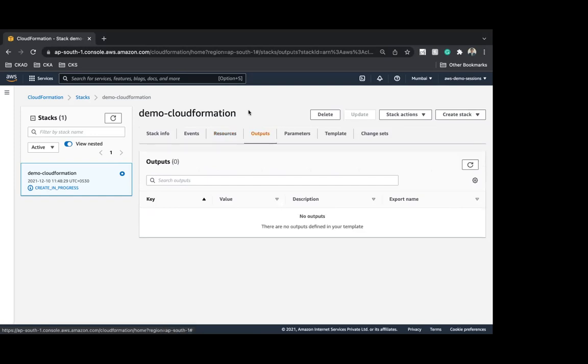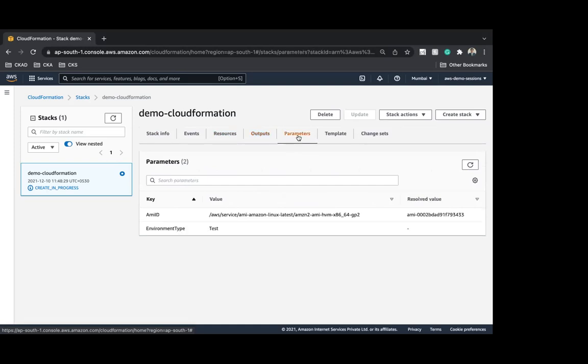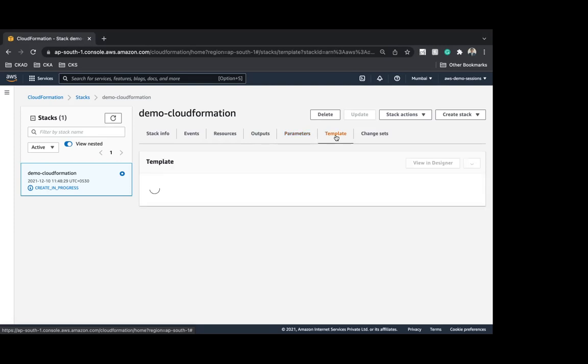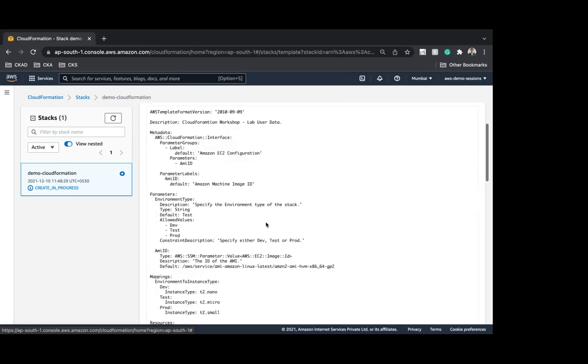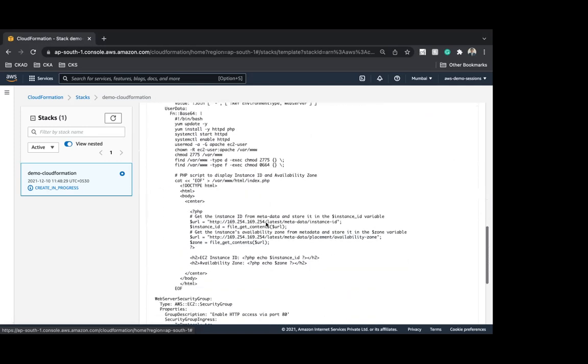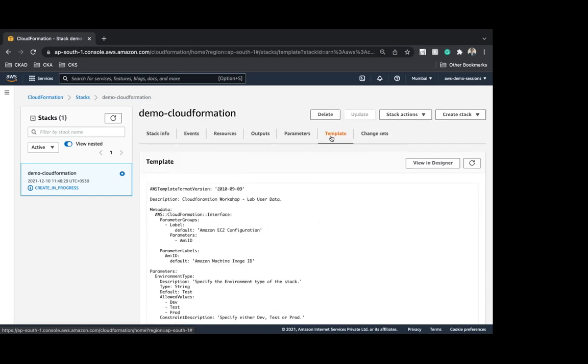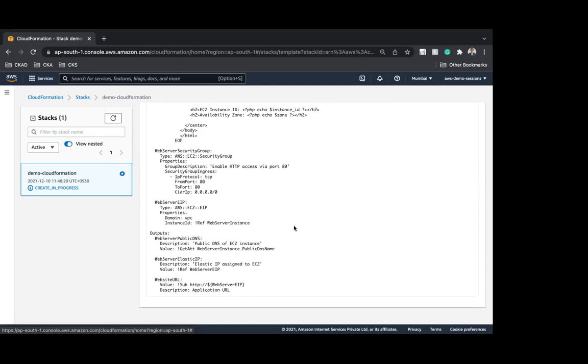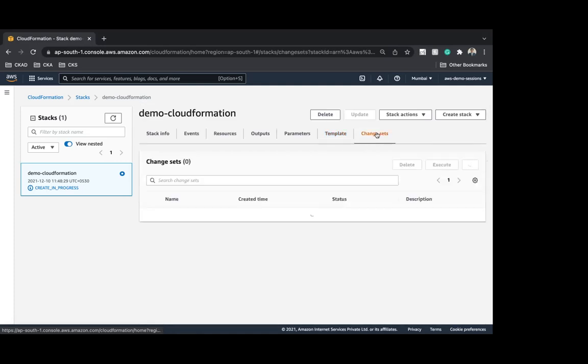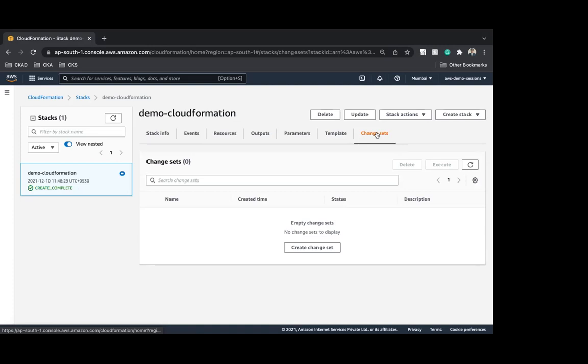Once the CloudFormation stack is successfully complete, only then will you see the output, because output is more like an automaticity. If it is complete, then only output will come, otherwise it won't. Parameters are like the input we gave to CloudFormation to run successfully. Template is nothing but the syntax, the code which we provided to AWS; it is the same template we had locally. And change set, as I talked about, right? If you have deployed one resource such as Lambda, and now you want to deploy SQS or other resources on top of that Lambda, you can do it with the help of a change set.